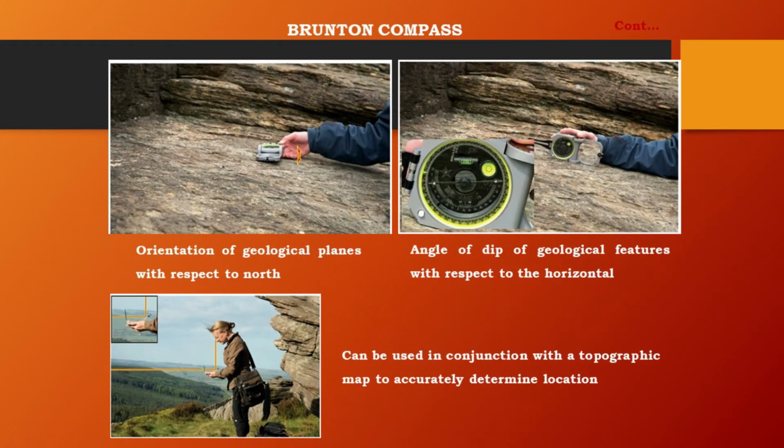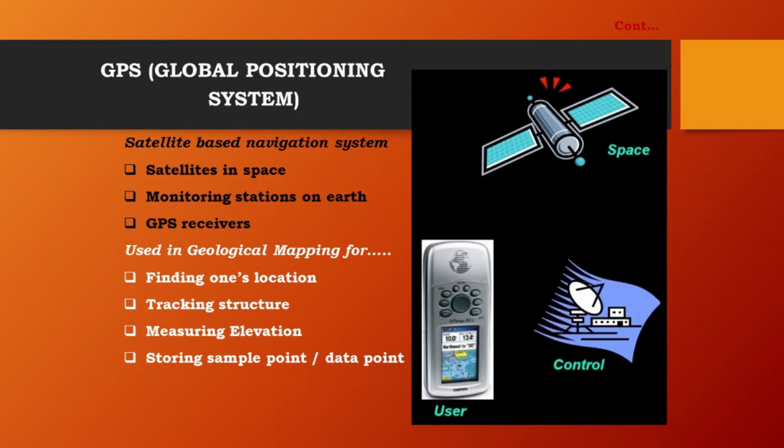This is a photograph of a Brunton compass. The Brunton compass measures the orientation of geological planes with respect to the north, and the angle of dip of a geological feature with respect to the horizontal. It can also be used in conjunction with a topographic map for accurate determination of a particular location. GPS. GPS, the global positioning system, is a satellite-based navigation system and has three components: satellites in space,